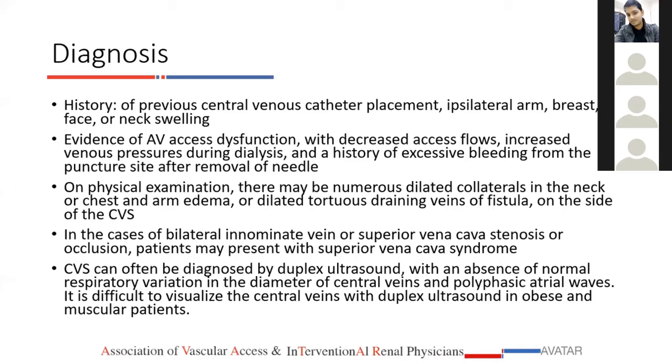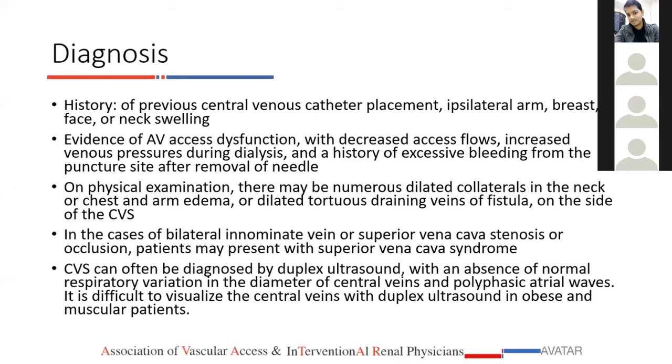duplex ultrasound, which will show absence of normal respiratory variation with the diameter of central veins, and polyphasic atrial waves. You can't visualize central veins well with duplex ultrasound, but my suggestion is, if there is a very strong clinical suspicion of a central venous stenosis, there is no point in wasting time, money, and energy on doing this duplex ultrasound, and the patient should be subjected straight away to conventional DSA, which will be diagnostic, and then if need be,